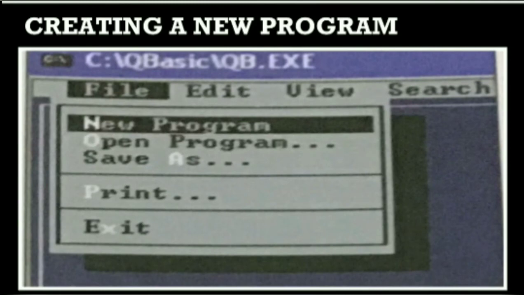So students, if you want to create a new program, then you have to click on the file option in the menu bar. When you click on the file option, a list will be displayed. Then you have to click on the new program option. When you click on the new program option, a new file opens with the program's name and title. Now you can write the program in the work area.